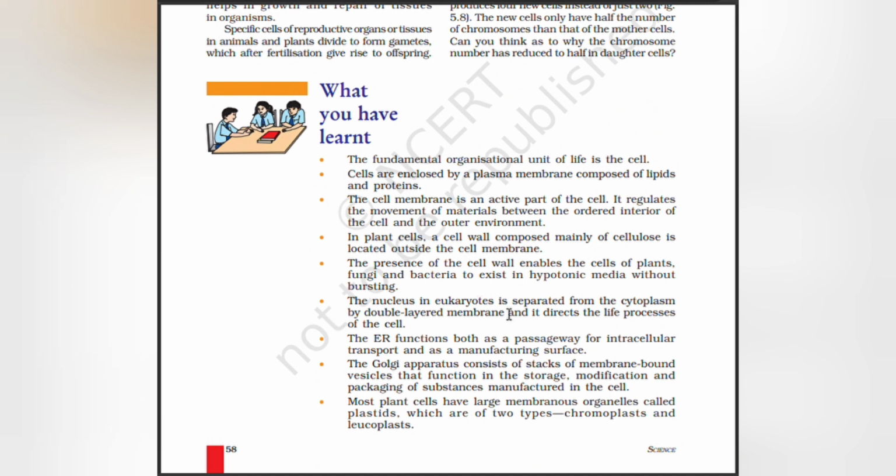bursting. The nucleus in eukaryotes is separated from the cytoplasm by a double layered membrane, and it directs the life processes of the cell. They function both as passageways for intracellular transport and as a manufacturing surface. The Golgi apparatus consists of stacks of membrane-bound vesicles that function in the storage, modification, and packaging of substances manufactured in the cell. Most plant cells have large membranous organelles called plastids, which are of two types, chromoplast and